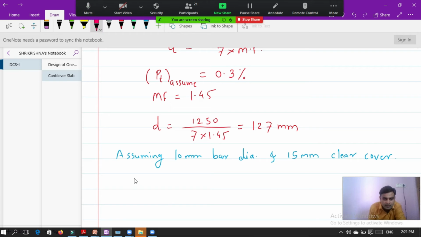Then capital D is equal to 127 plus 15 clear cover plus 10 by 2. I hope now you are clear with this.